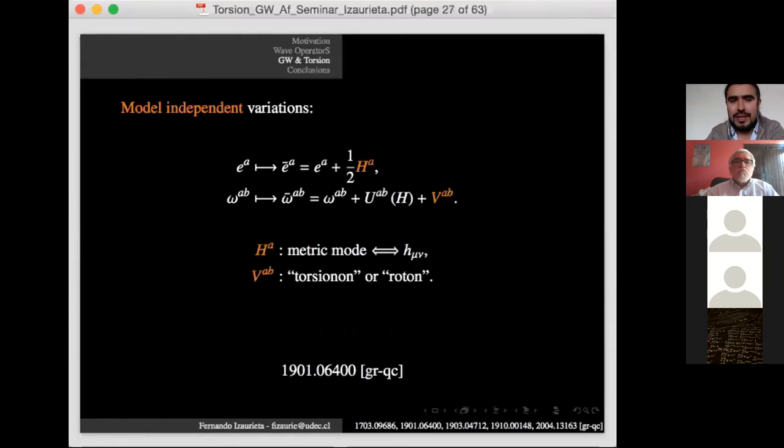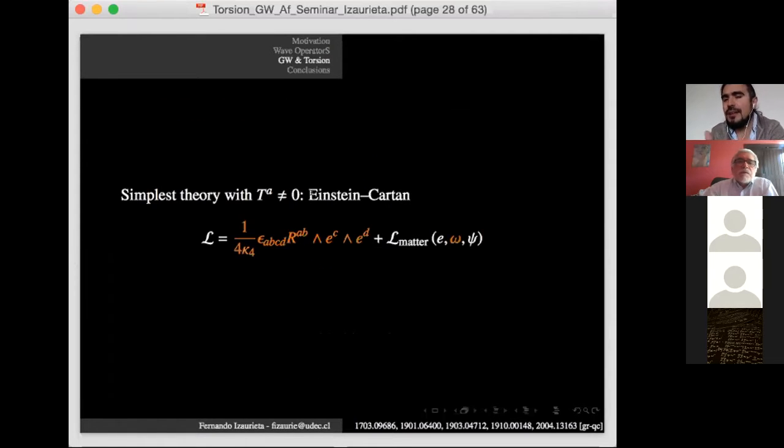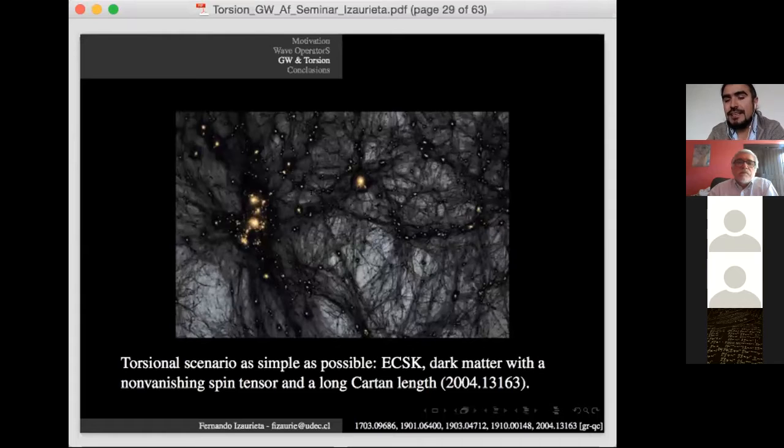In fact, if we consider gravitational waves, the first point is that you can see that if you make a perturbation on the tetrad, it has a Lorentz index. And that is the really important point here. The electromagnetic field does not, for instance. And I mean, we can do this construction for any theory with torsion, but let us consider the simplest one, the Einstein-Cartan theory. It could be interesting, for instance, if dark matter has a non-vanishing spin tensor. It could be a source of torsion. And in fact, it is a very nice explanation of the Hubble tension.